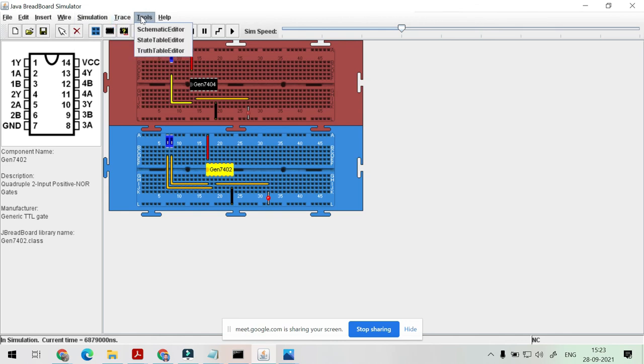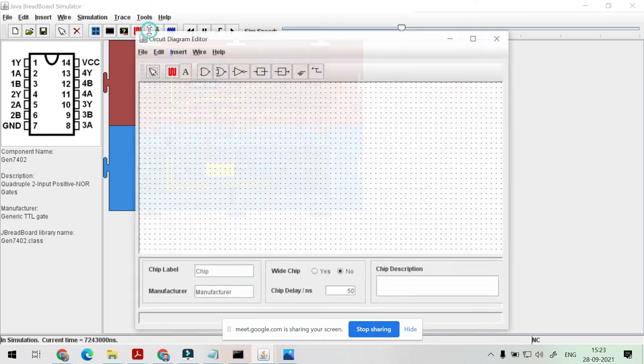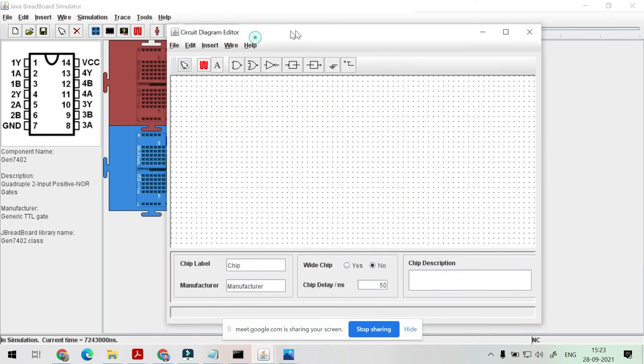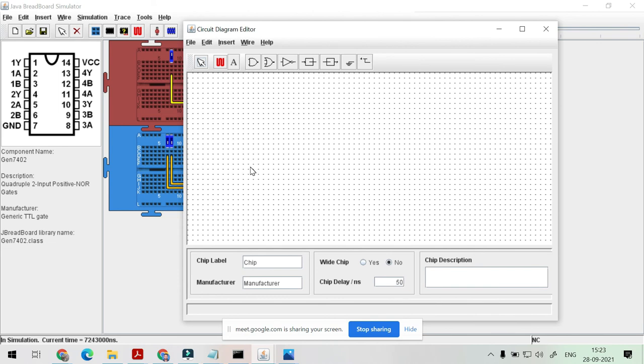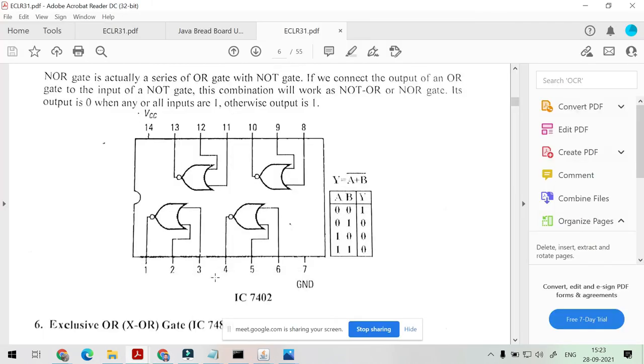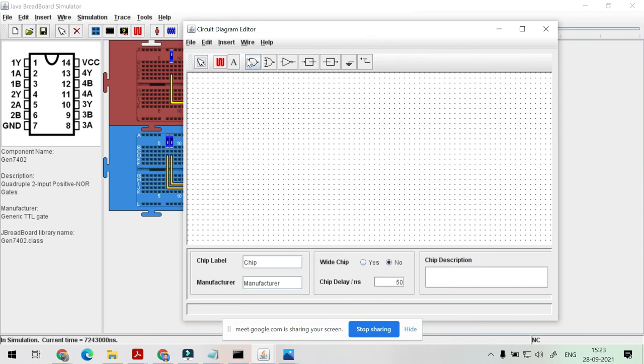For drawing circuit, what you can do? You can go to this toolbox, and from this schematic editor, you can draw all the circuits. For example, if you have to draw this NAND gate or NOR gate, what you can do? You just have to drag this.